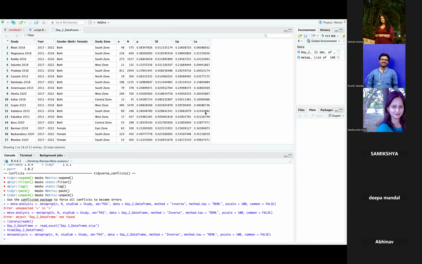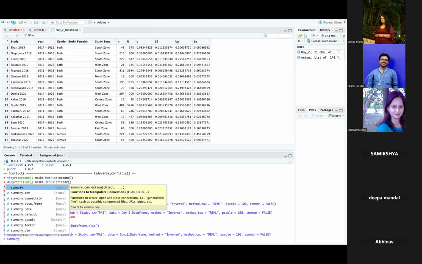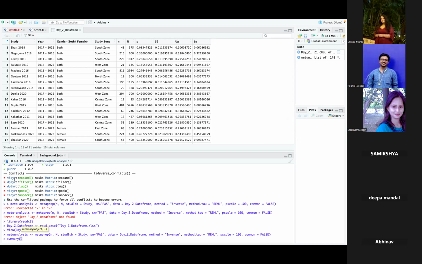हाँ हो गया तो तुम्हारा। अब तुम यहाँ पे लिखो समरी, SUMMARY। कर्सर आ गया मतलब हो गया। और एक चीज है, देखो ऊपर का जो राइट क्वाड्रेंट है जहाँ पे एनवायरनमेंट है, वहाँ पे मेटा एनालिसिस आ गया है। राइट अपर क्वाड्रेंट। नीचे आओ। हाँ ये ऑलरेडी हो गया है तुम्हारा। जो भी हो समरी लिखो, मेटा, मतलब जो नामकरण किया था उसको लिखो।